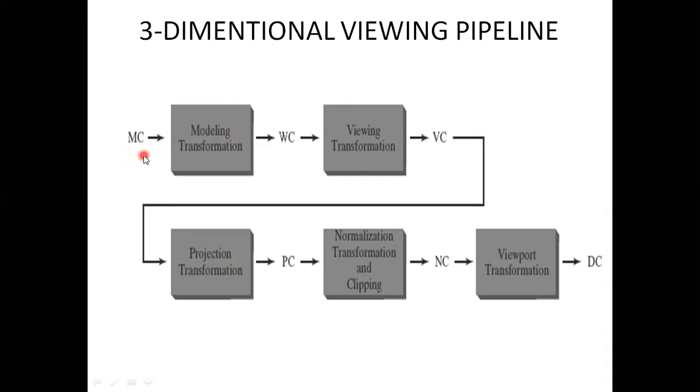So what do you mean by modeling coordinates? Modeling coordinates means each and every individual coordinate of the objects that are there in the scene. For example, there may be a square in the scene, there may be a circle, there may be a sphere. Each of these has its own individual coordinate system. For example, whenever I take a square, it will have a spherical coordinate system. If I have a rectangle, it is very convenient to write that in a Cartesian coordinate system. Like this, each individual object in the scene will have its own coordinates.